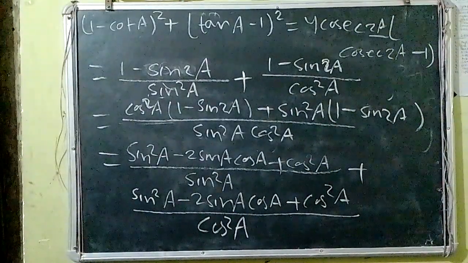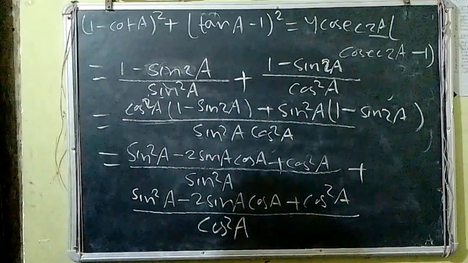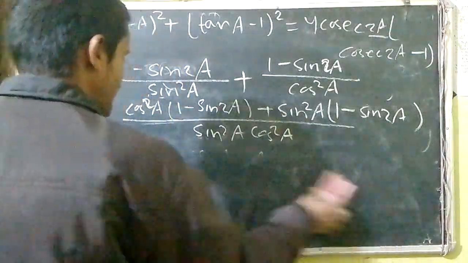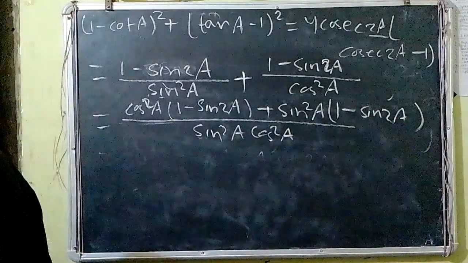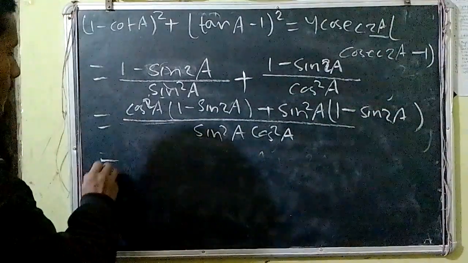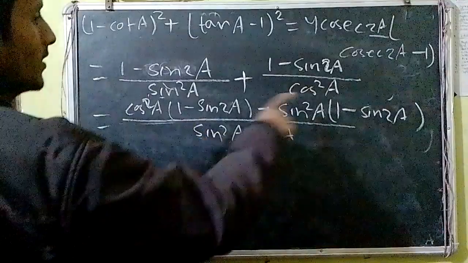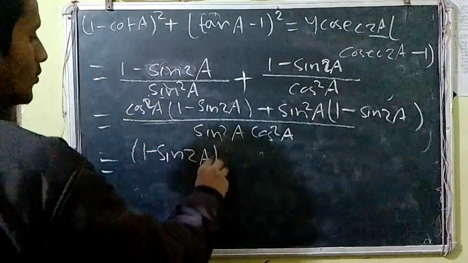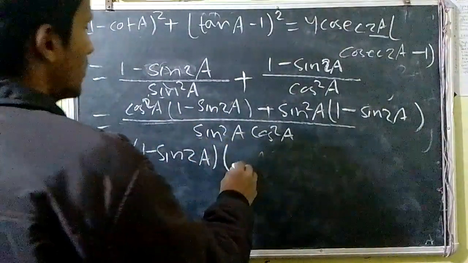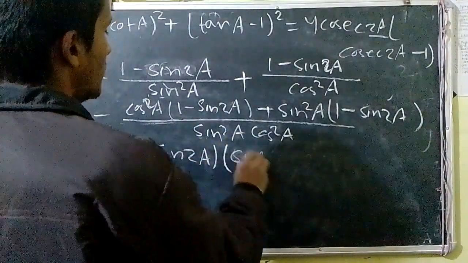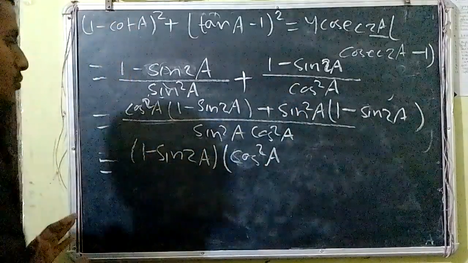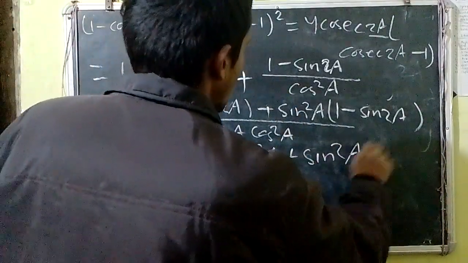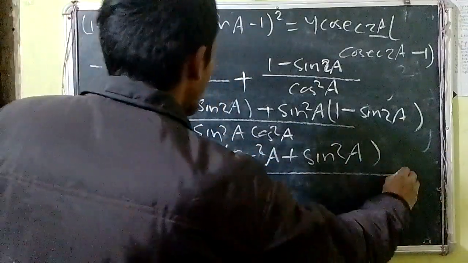If you have done it till here, now the next step that comes to my mind is, okay, first erase this. And what I can do here now is have 1 minus sine 2a factored out. So I factor out 1 minus sine 2a. What's left is, I should write in this order so you can understand it pretty easily, cosine square a plus sine square a. And then this thing divided by